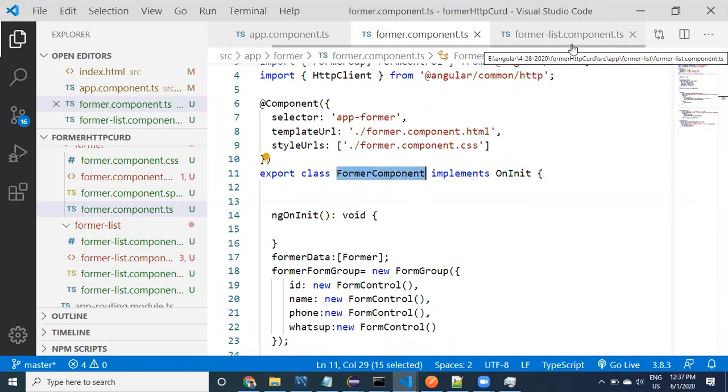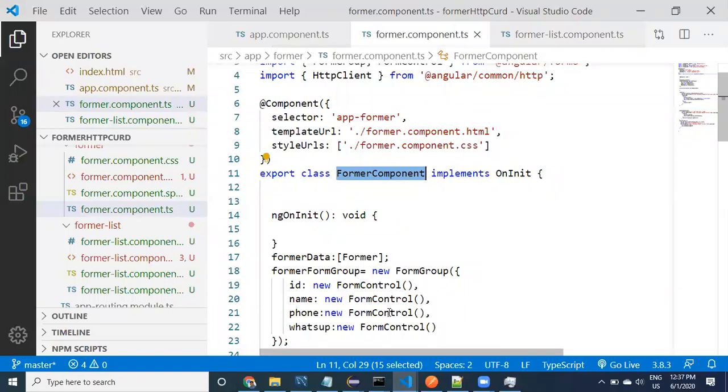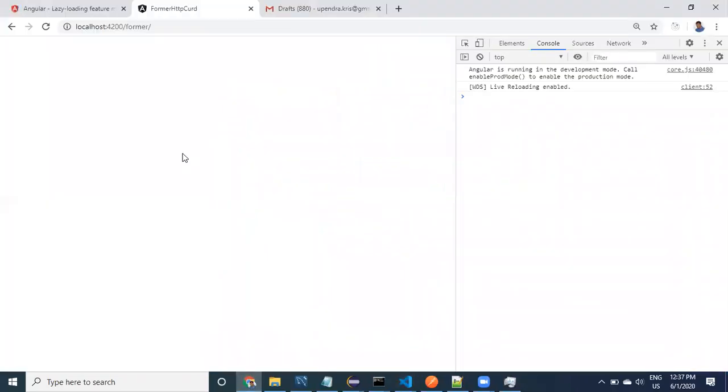First, what I want to do is display the farmer list component. For that, go to the UI, where nothing is available in the app component. Here I would like to provide two menus. Otherwise, one menu is also fine.